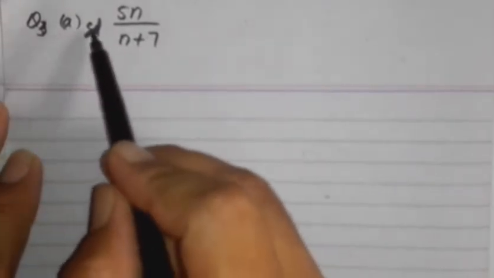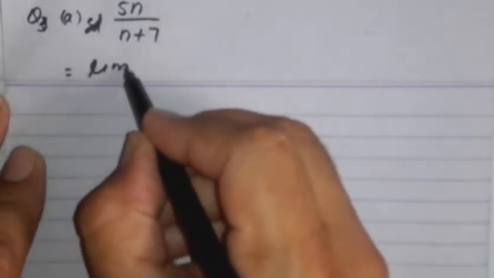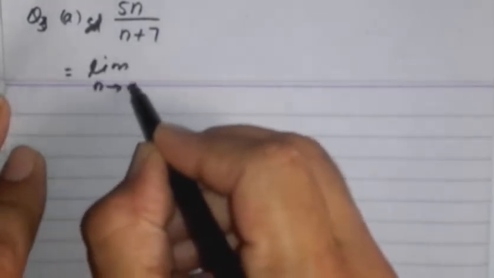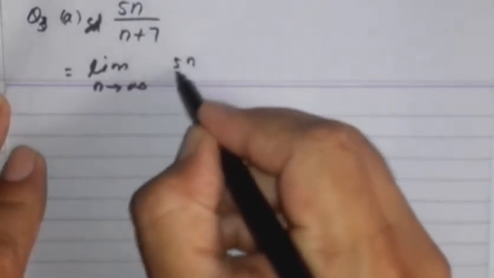Find the limit of the convergent sequences. In the question, the limit is not given. So for a convergent sequence, we will use limit n tends to infinity 5n divided by n plus 7. Now,